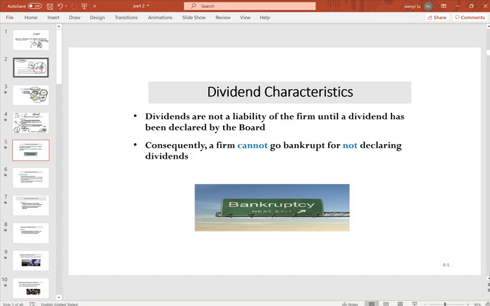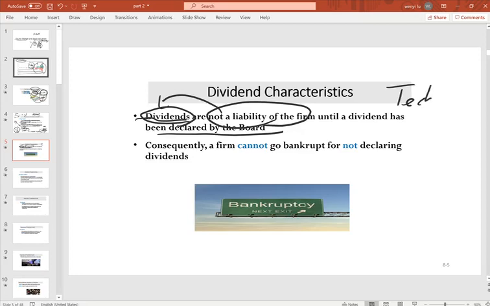Also keep in mind, even stockholders can receive dividends, but dividends are not a liability of the firm. Dividends will be declared by the board. Not every firm will pay dividends. For example, technology companies usually do not declare any dividends, because they are expanding